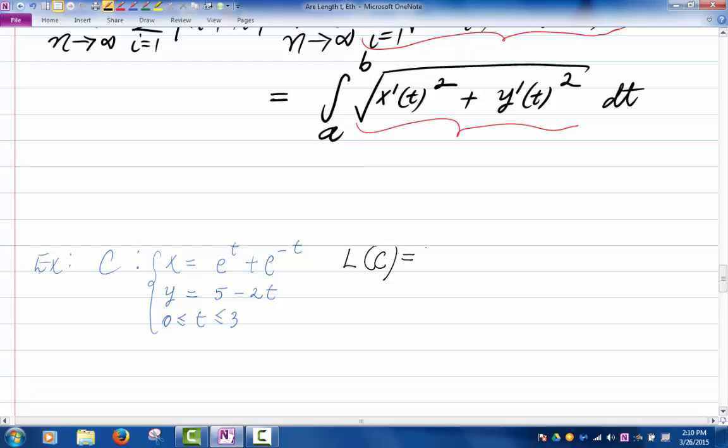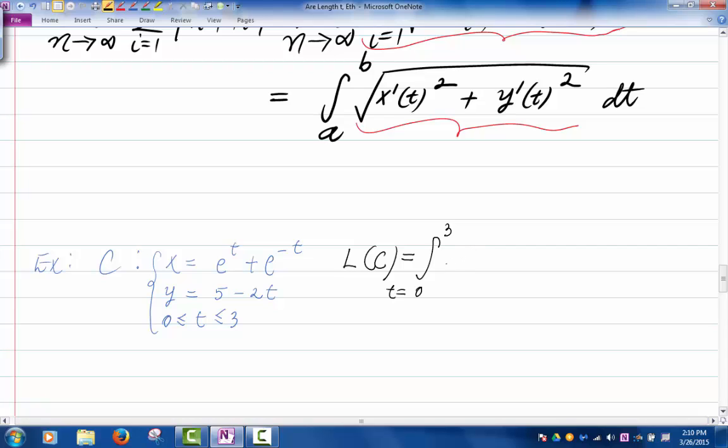So I know, usually you don't have to worry about it, but I'm just saying that you can verify that the curve is not traced more than once. So you know that it is traced exactly once, so you now integrate from 0 to 3. So t goes from 0 to 3, I know that. And then